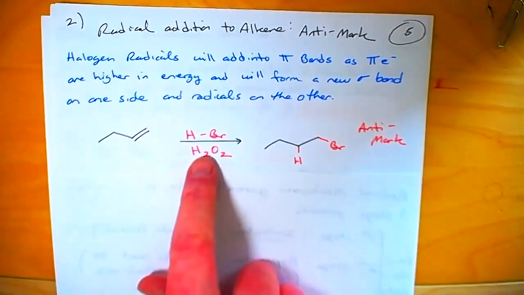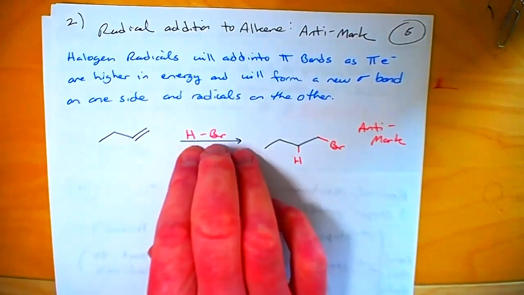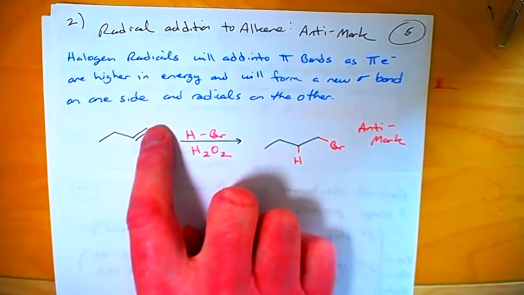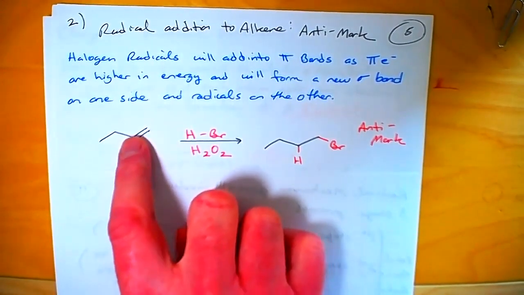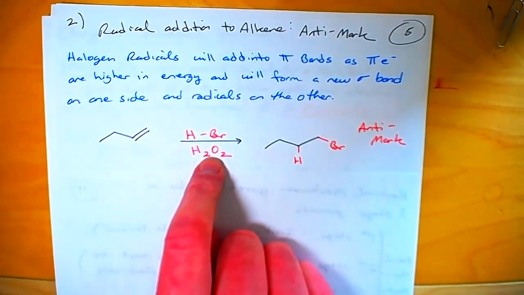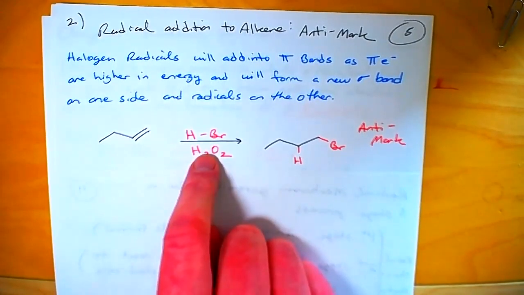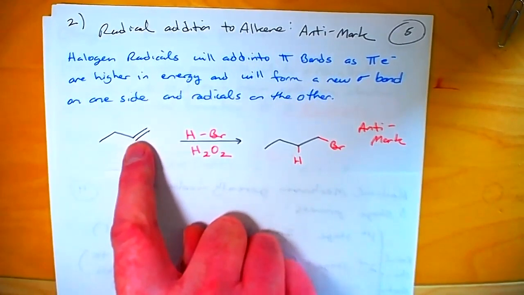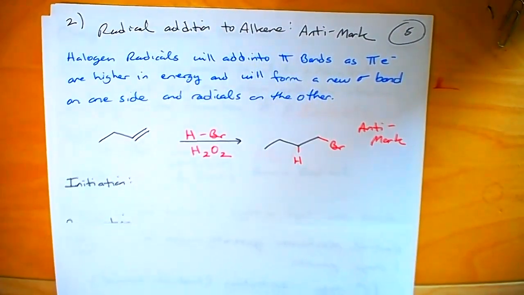Again, if you remember, if you were just to add HBr to this without the peroxide, you'd expect the hydrogen to add on the side of the double bond with the most number of hydrogens, and the bromine to add here. But as soon as you add the peroxide or expose this to light, it reverses. You see the bromine adding here on the end and the hydrogen here on this position. So if we go through that process here real fast,